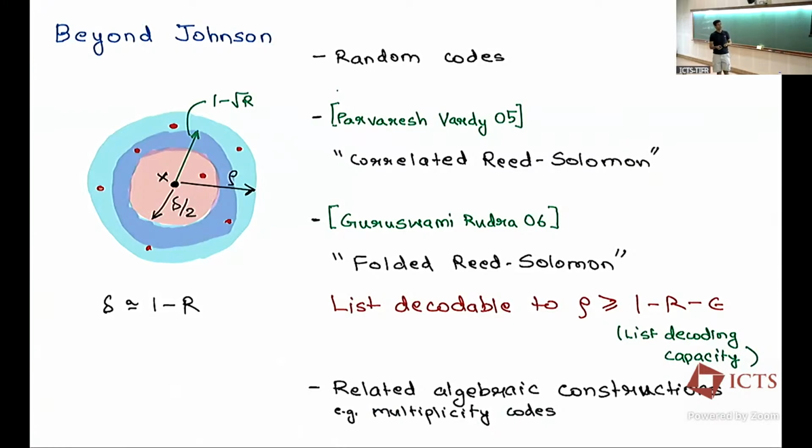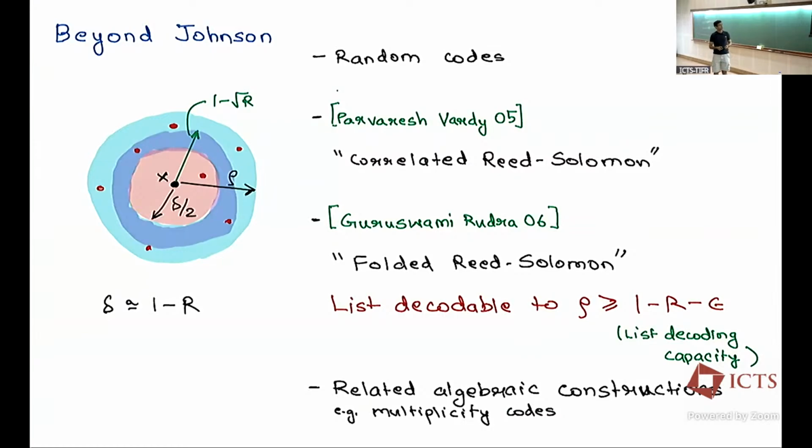For random codes, we can decode them much beyond the Johnson bound, in fact all the way up to very close to 1 minus r. But for random codes, it's hard to have a hope of an algorithm. So let's at least do combinatorial things where we have some hope. The first codes which go beyond the Johnson bound are the so-called correlated Reed-Solomon codes by Parvaresh and Vardy. And then there's this